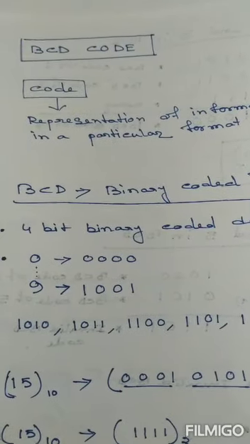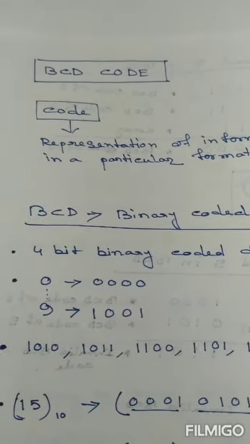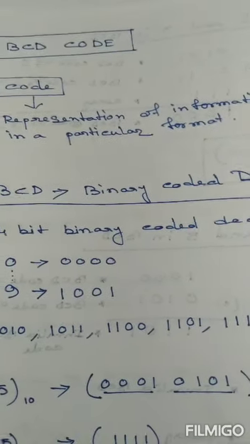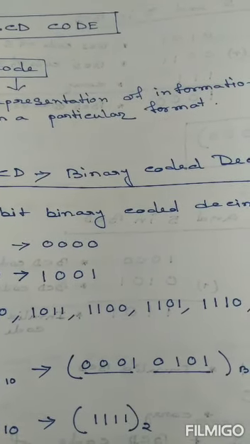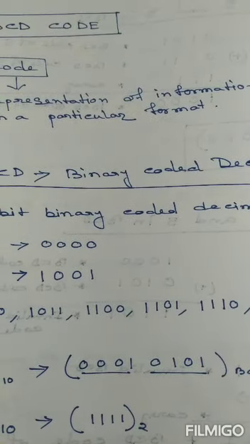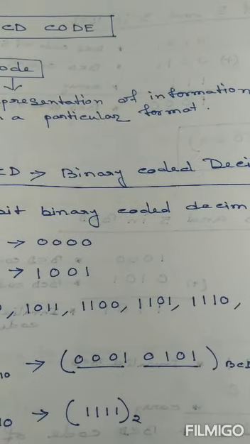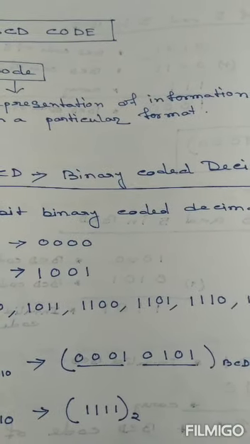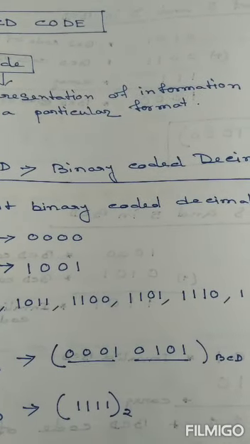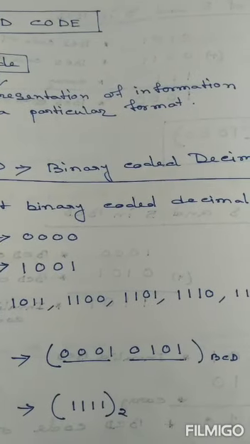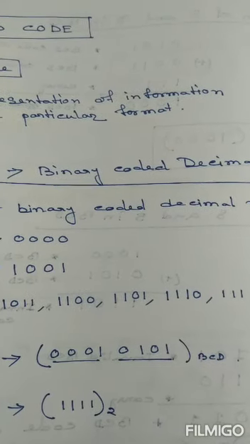Now come to the next part, that is the BCD code. First, we should know what is code. Basically, codes are the representation of information in a particular format. The information may include numbers, alphabets, symbols, which man and machine can recognize. All the computer systems understand only the machine code. The basic property of machine code is that it is binary in nature. So different codes are used to store and transmit the data